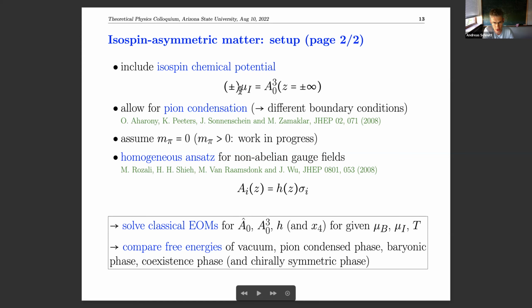There's a little subtlety here. I can choose different kinds of boundary condition depending on whether I include pion condensation or not. It's interesting that this can be translated into the boundary conditions. That's not obvious. Let me just mention that as a little technical point. So we can introduce pion condensation in addition to or coexisting with baryons if we just look for different boundary conditions. For most of the following, I set m pi to 0. We are just looking at finite pion masses currently.